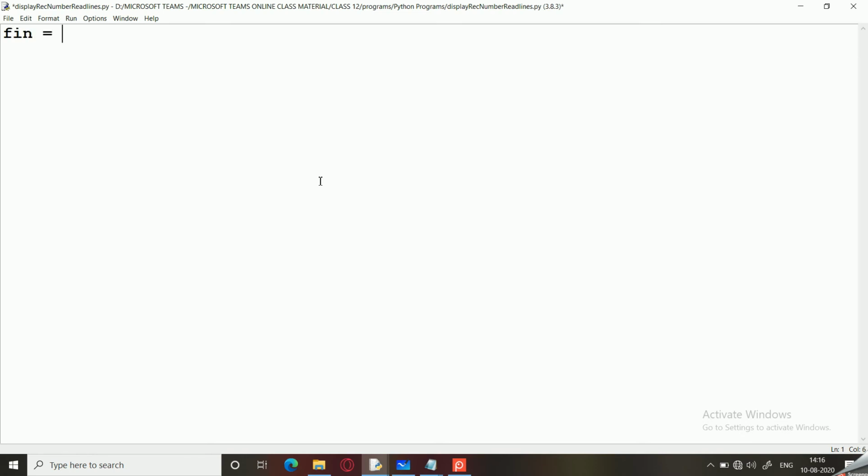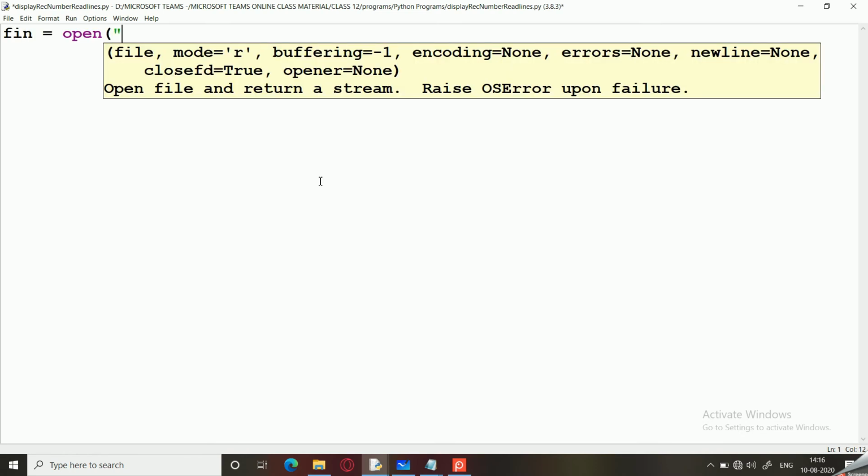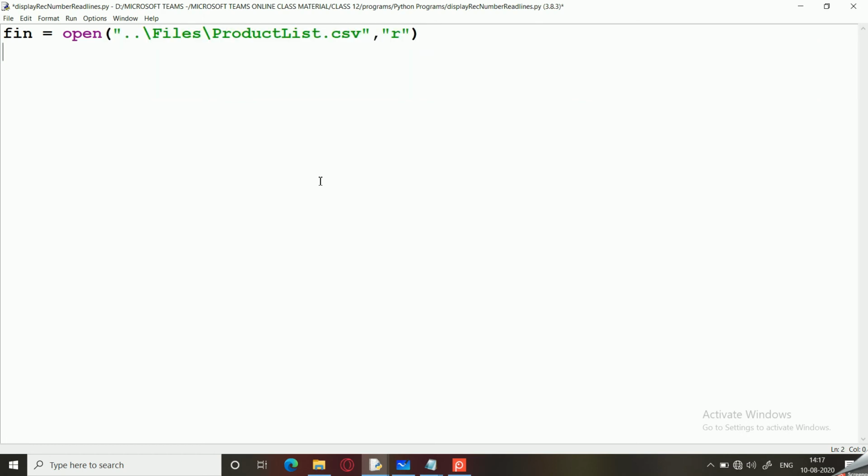We'll start with fin equals open, files, productlist.csv, comma, and here I am going to simply use the read file mode. I am again going to use the readlines function to read the entire content of the file.